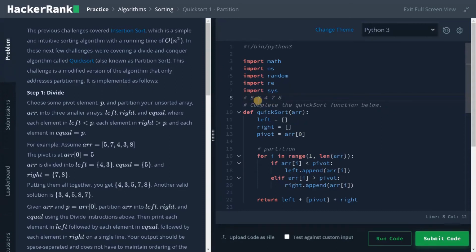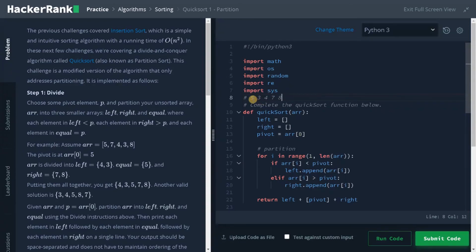Again, we are checking for the condition. 3 is less than 5, so we will move to the next step. And again, 4 is less than or equal to 5. After swapping, we will increment I and decrement J. Both point to the same element, that is I less than or equal to J, so the condition fails.